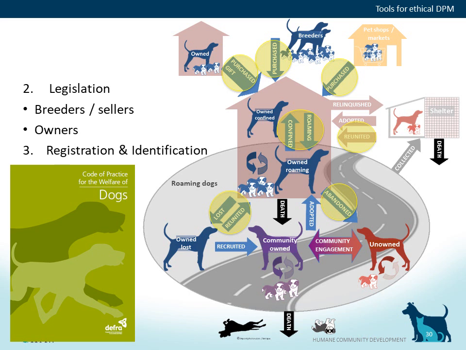Registration identification will be focused on these processes of reuniting lost dogs, either directly from the streets or probably more likely through holding facilities. Now, registration identification can, of course, become part of legislation. There's several details within legislation identification that need to be considered, not least is how accessible the database is to owners to be able to change and update their data on how to communicate with them.